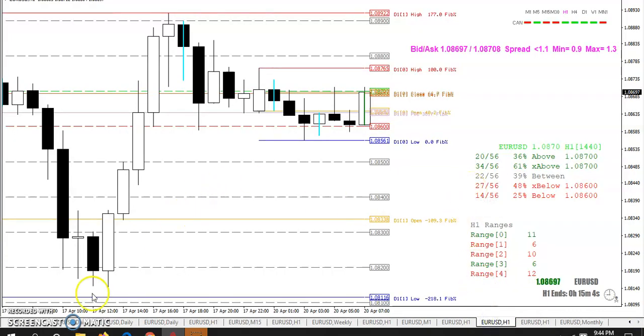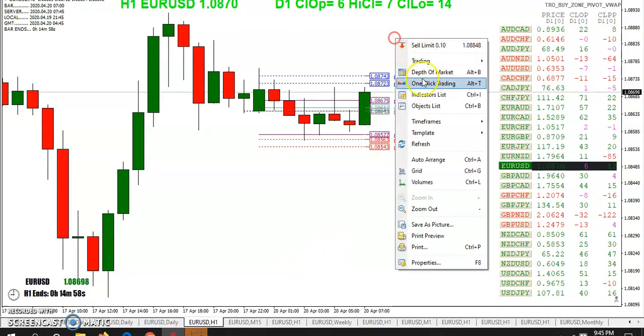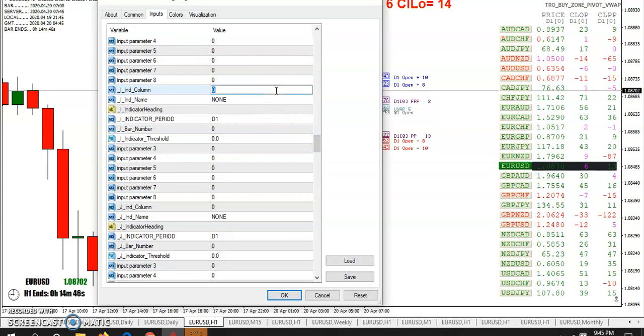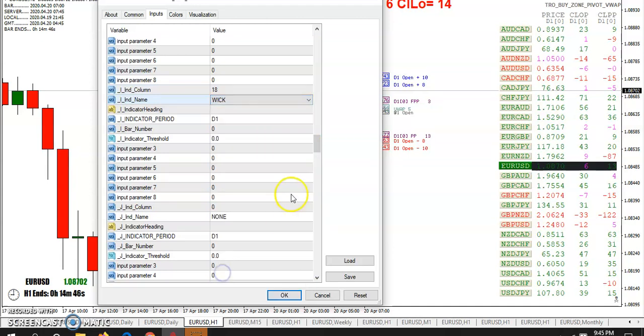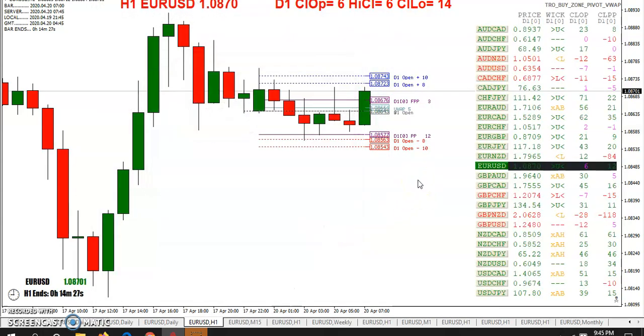Let's see here. Oh, I know what I wanted to show here. There was a trader that wanted to know when the close was above the previous high, and when the low or the close was below the previous low for the day. I don't know why I didn't think of this at first, but all you have to do is put on the wick zone, because this is already going to show you about the previous day. And so if you put on the wick zone, you can see here's one below the low of the previous